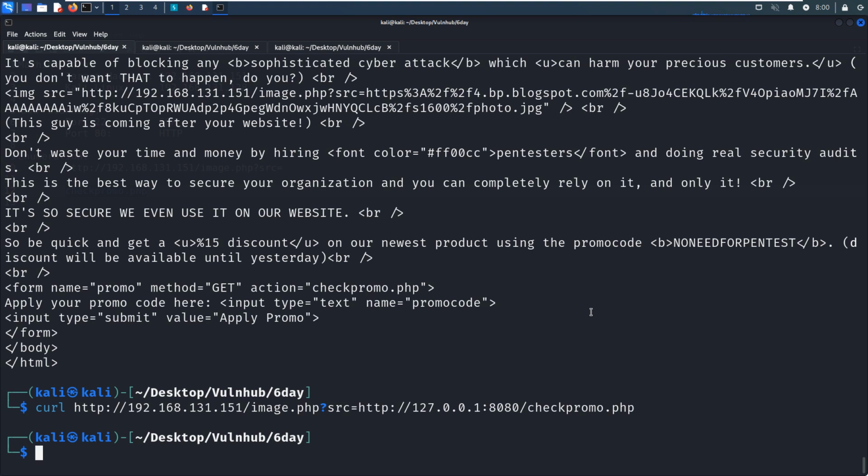Maybe we need to think of other ways to retrieve this file. All right. So how to do?